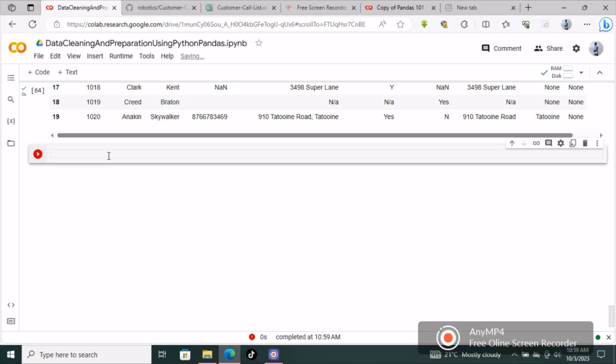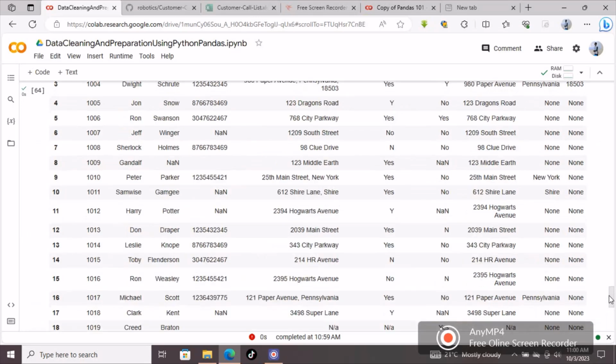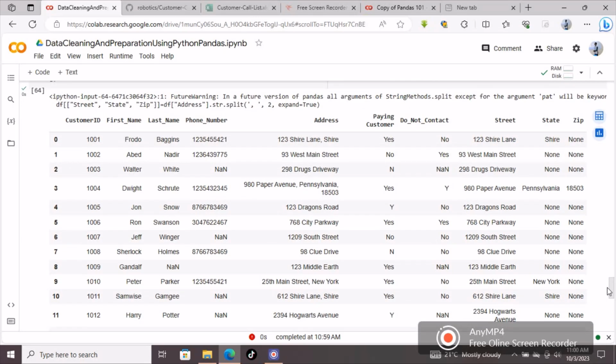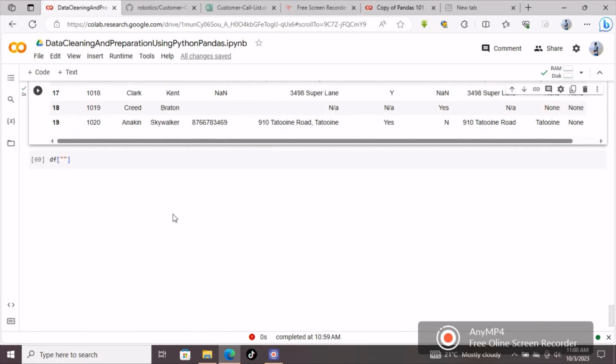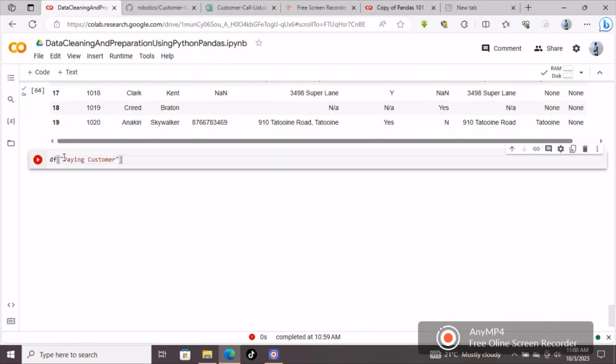So we are going to now modify the paying customer column. So we want them to be consistent. So we are going to replace everything that is a yes with y, and everything that is a no with n, so that it looks a little bit organized and cleaner. So paying customer column, we convert it to string first, and if we don't convert it to string, then we are going to get an error. So we are going to replace,